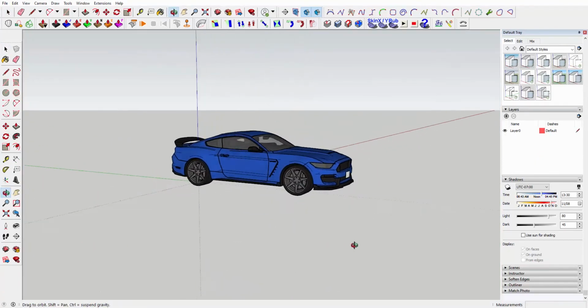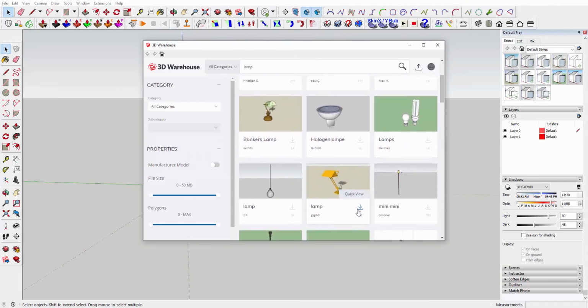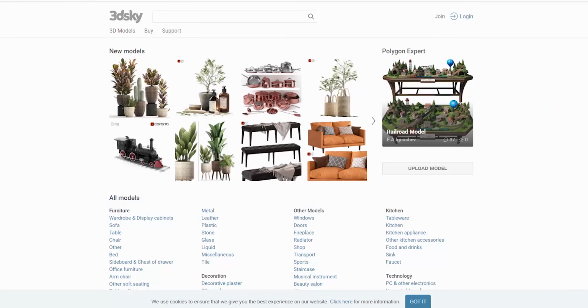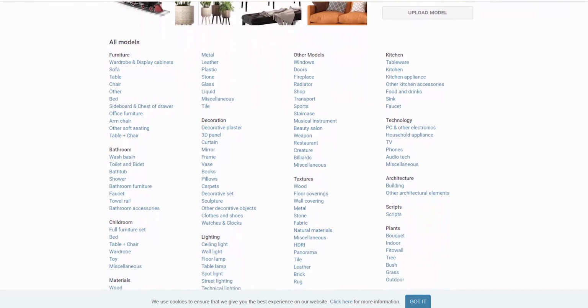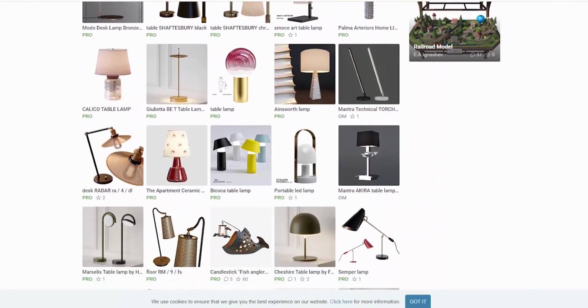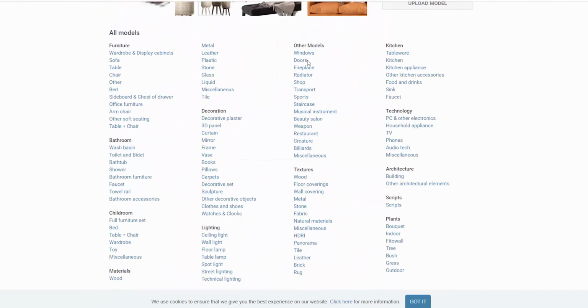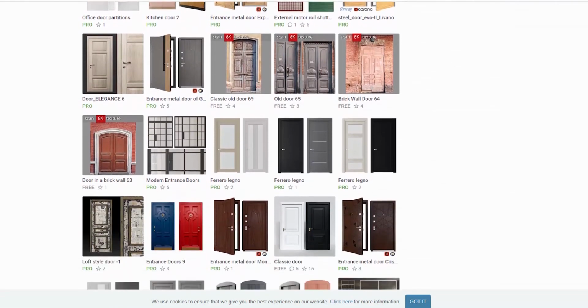They look simple in your rendering and reduce the photorealism of your rendering. Instead, prefer the higher quality versions of the same model. Go to different sources. 3D Sky and CG Trader contain very high quality models. You can use them. Of course, you don't have to use paid models. They contain free models too. If your project has a high profit anyway, don't think about it. Let it go.